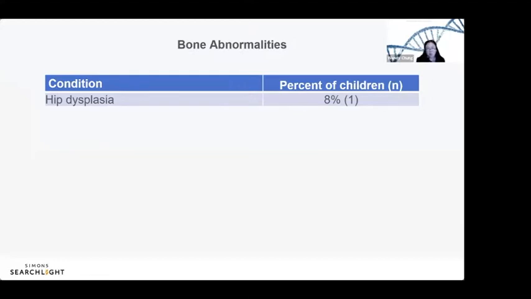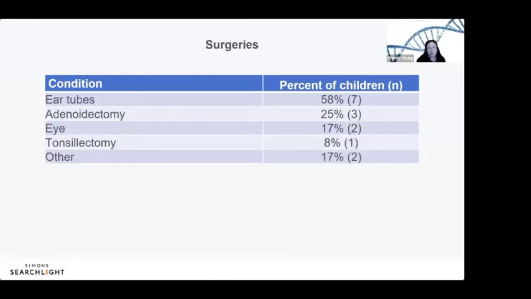I will say one of the things I'm watching for is whether our kiddos, when they're going through adolescence, have any issues with curvature of the spine or scoliosis. That is a common thing we see in children with neurological conditions and hypotonia, but we haven't seen it yet. I'm going to start wrapping up, but tell you about some of the things that parents have done or that